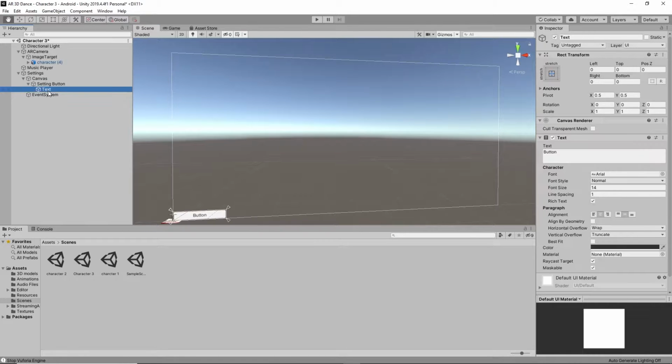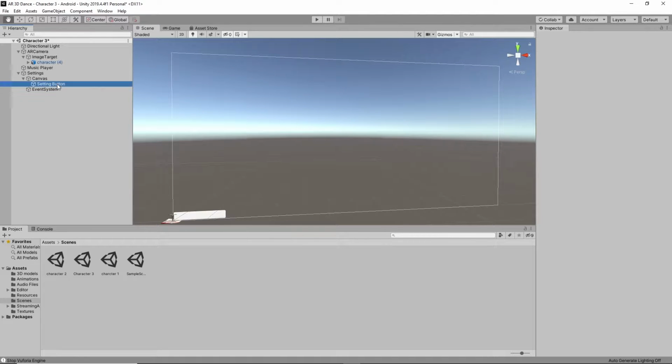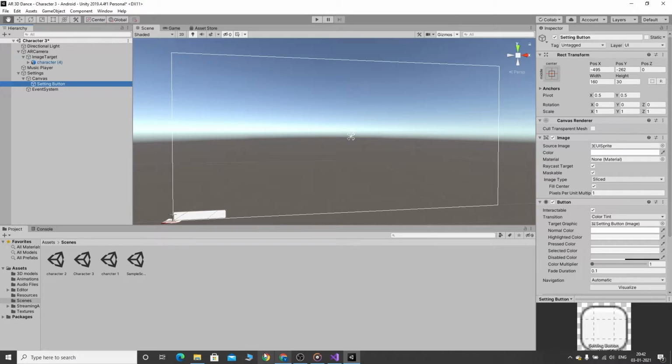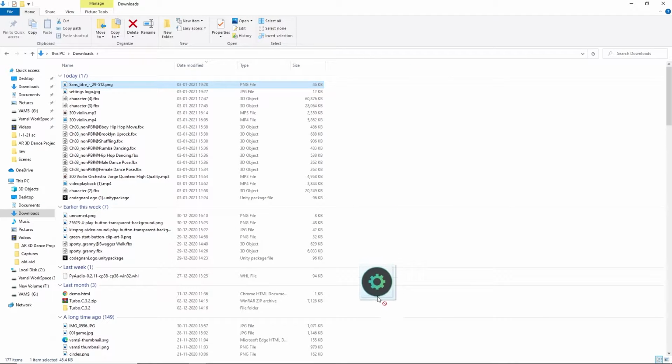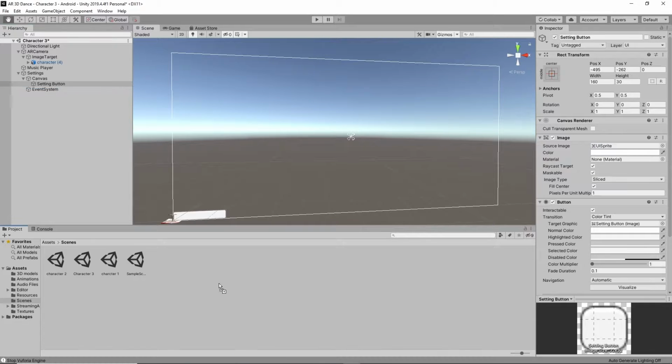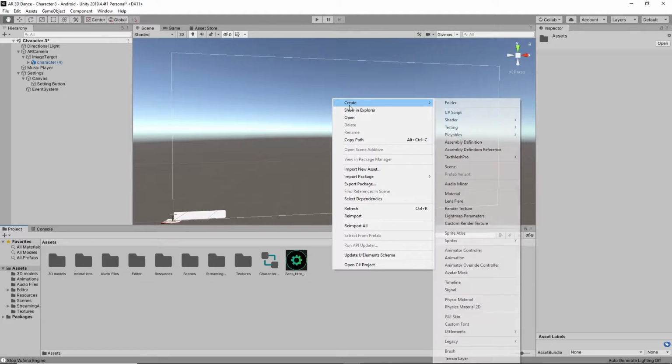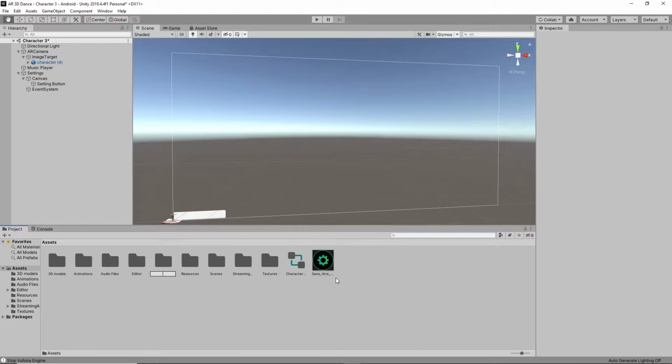And in the settings button, there is a text, right? Delete this text first. I already have a logo for this. I already downloaded it, so I'm going to import it. This is the logo of the settings button, and now I'm dragging it into the assets window. It will appear like this, and I'm creating a folder called Sprite UI elements. In this only I'm going to take all the components.